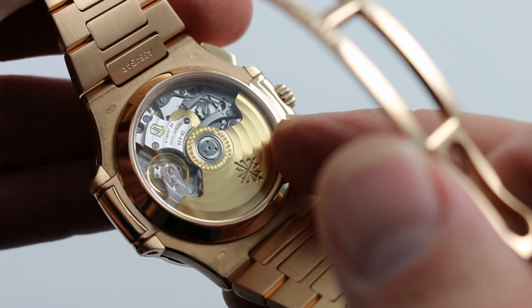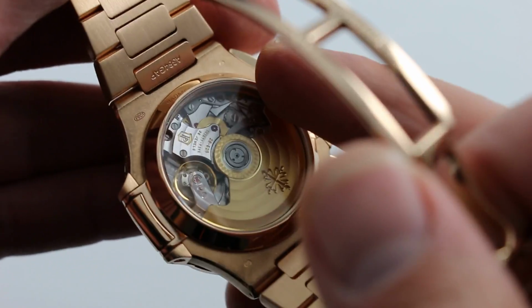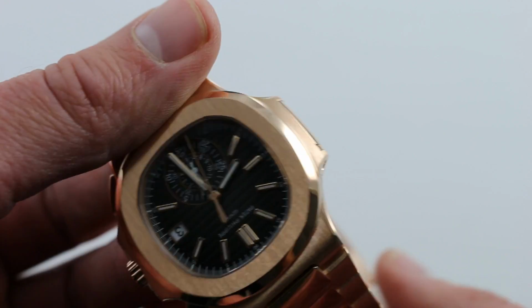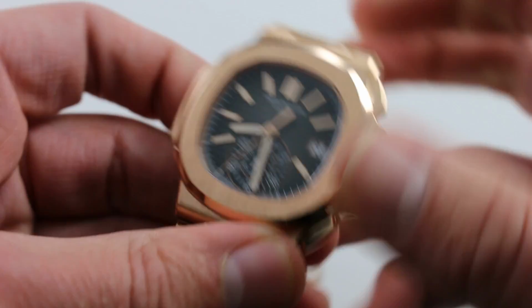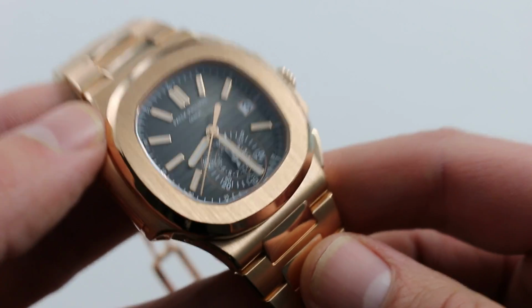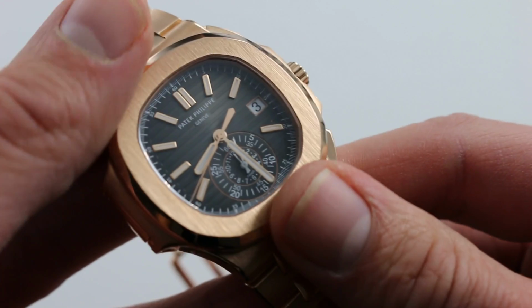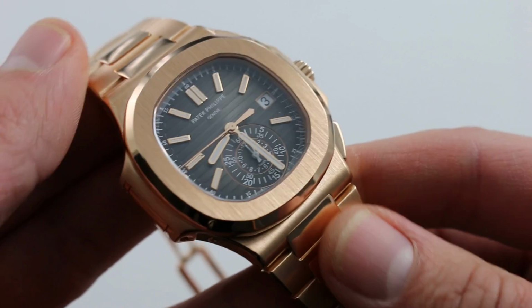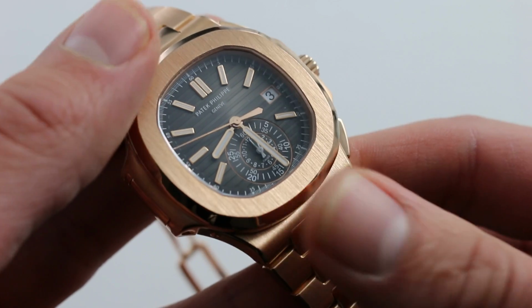Now, the power reserve is approximately 45 to 55 hours, depending on whether or not you're running the chronograph. And the movement is immensely complex. With 35 jewels and over 320 components, you're getting a lot for your money with this watch. And on the wrist, you can feel a lot, as the mass of that gold case is impressive. This is the kind of watch that's as impressive eyes closed as it is eyes open. But either way,